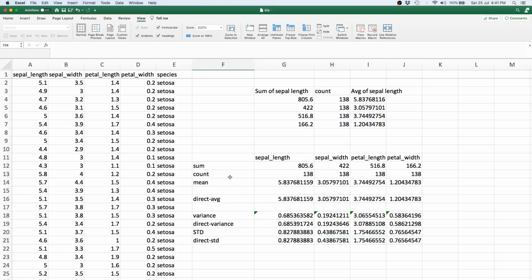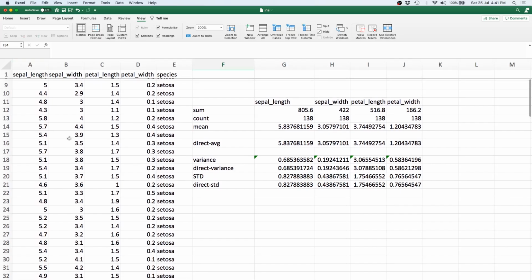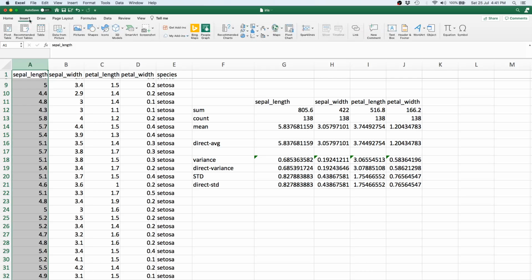So these are all the statistical mathematical moments and metrics that we can derive from our data. We had also discussed some graphical ways of deriving univariate analysis, specifically for numerical columns. Those are histograms. So let's see how we can draw histograms. Well, it's fairly simple in Excel. You just select a column and then you go to the Insert tab and say that you want to insert a chart. So this is the area where you're going to find all your charts.